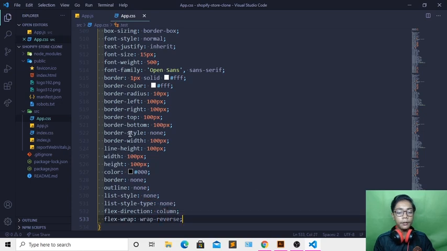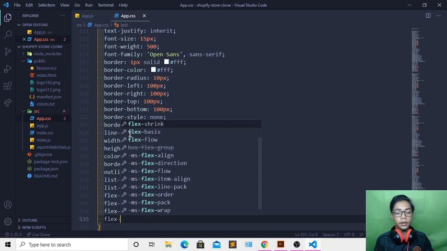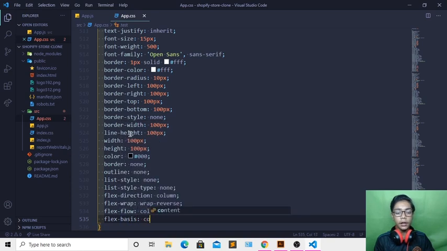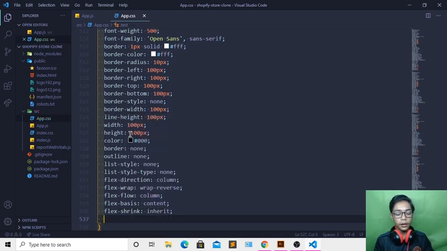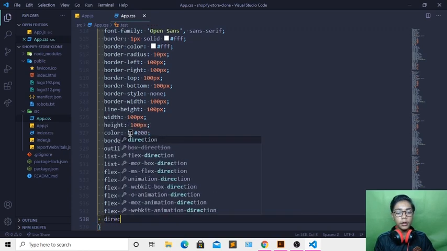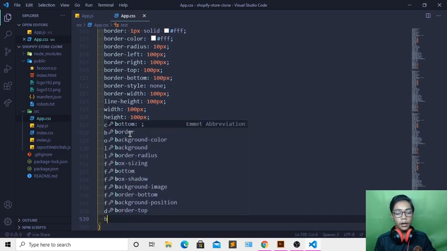reverse. And after it I'll be coming here creating flex flow column, create flex, and changing that to flex basis content. And I will be writing another thing, which should be flex, and I'll be writing it to flex string inherit, create flex row, which should also be inherit. Then I will be coming underneath creating direction inherit. And here when you've defined all that, I will be coming underneath again and creating border